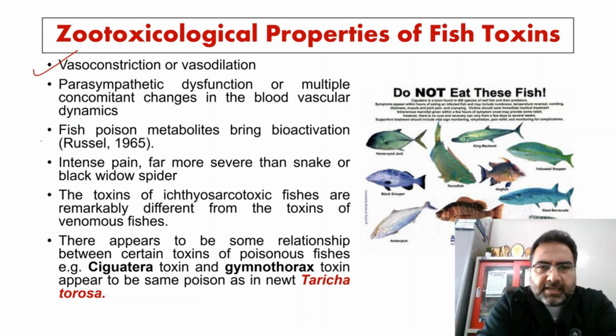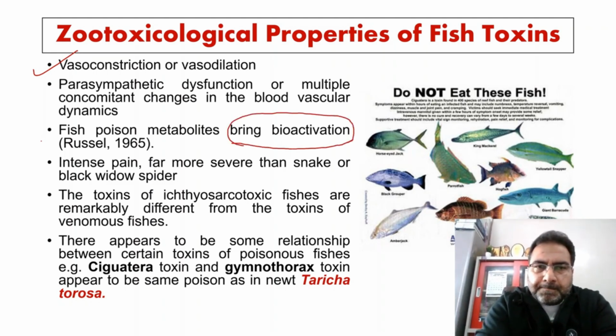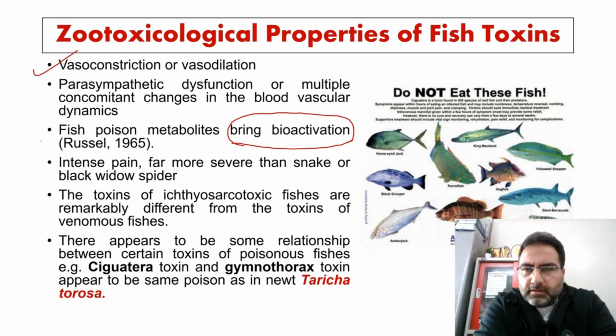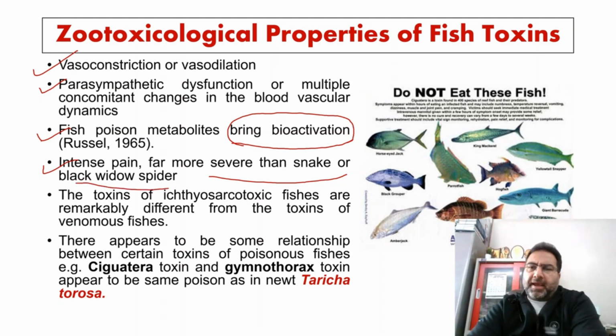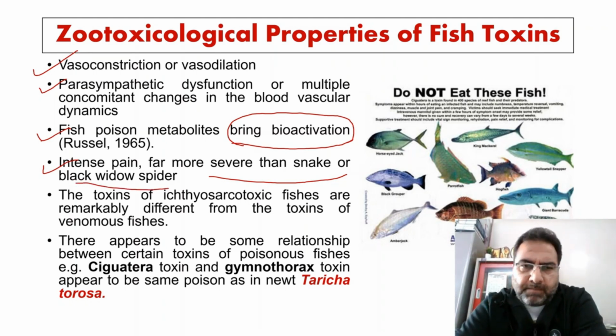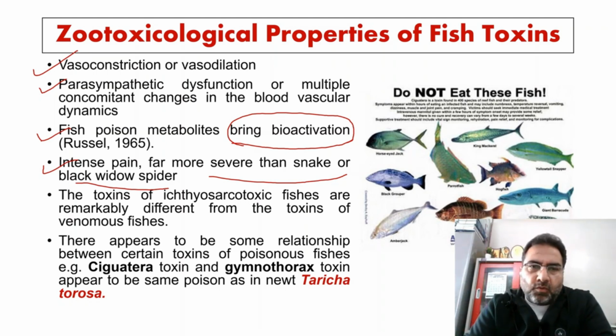Then fish poison metabolites bring bioactivation. Sometimes these very metabolites bring about the bioactivation; they activate certain other compounds. There is a feeling of intense pain, far more severe than that of a snake or the black widow spider. The pain caused by the sting of the black widow spider is known to be one of the severest pains in the world. But certain venom found in fishes is known to cause pain far more than that of the